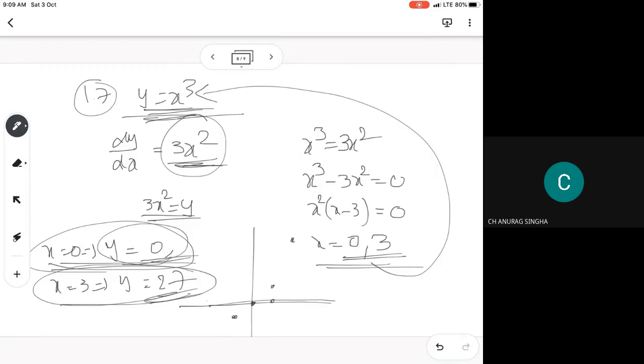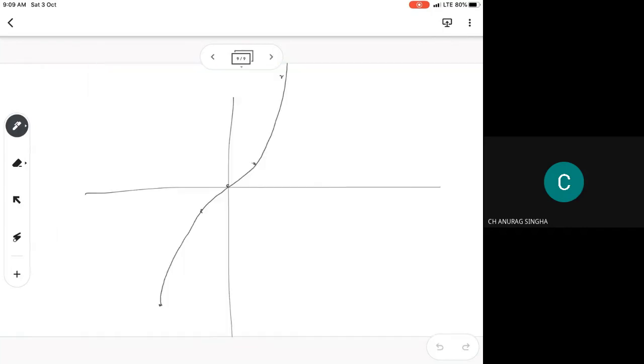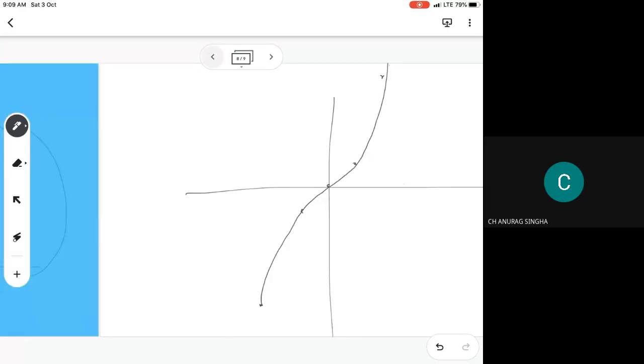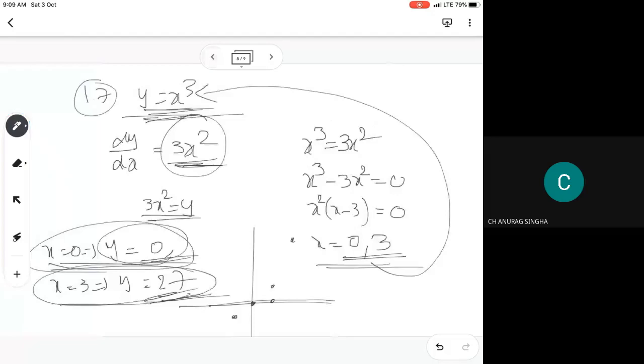So if you draw the tangent at the point 3 comma 27, approximately, at the place of 3 and 27 it is a very far distance, and if you draw the tangent to this curve there, you are going to get that it is equal. Like this, try to do it with the graphical representation. If you try that, then it is easy for you to solve the problems.